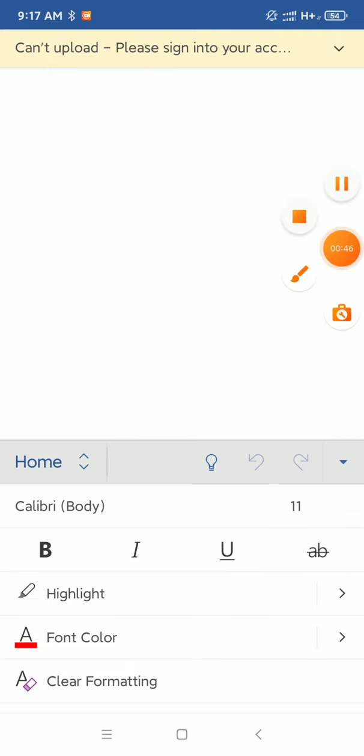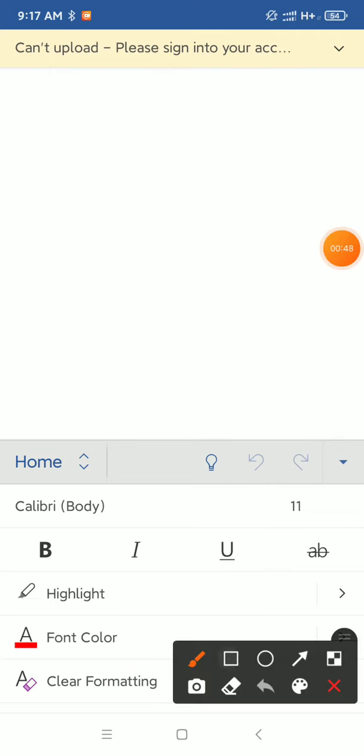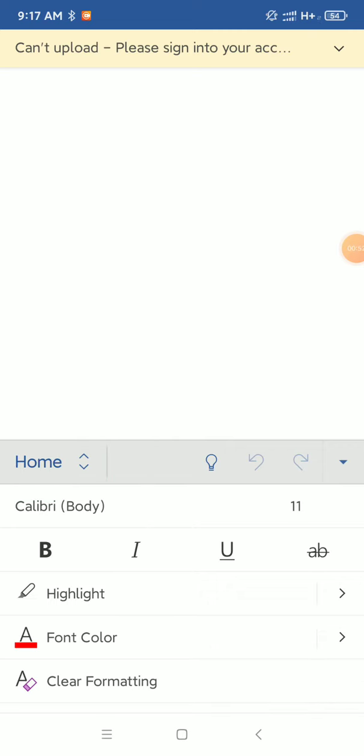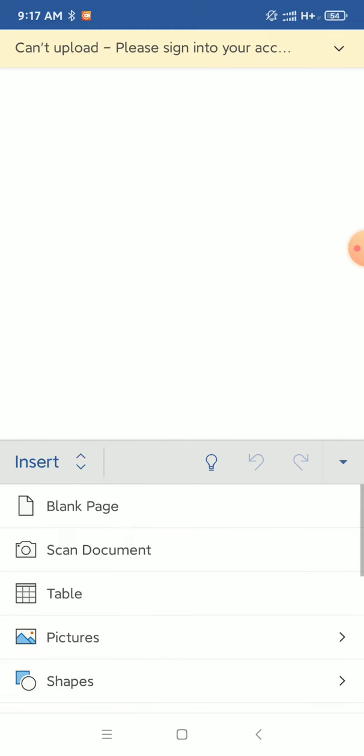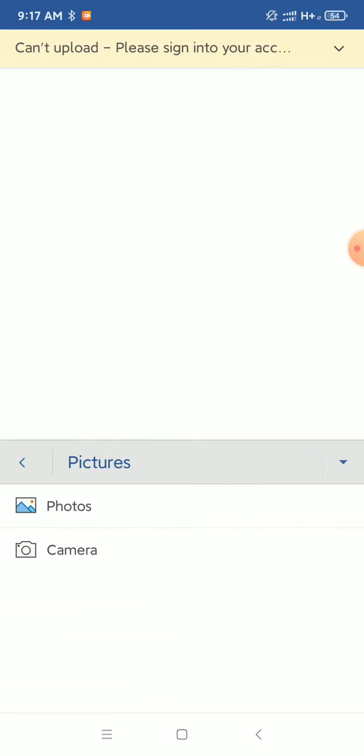Then you can see another option, home. There you can see the home option. You just click on home. Now you can see another option, insert. Just click insert. Now you can see picture, select picture, then photo,